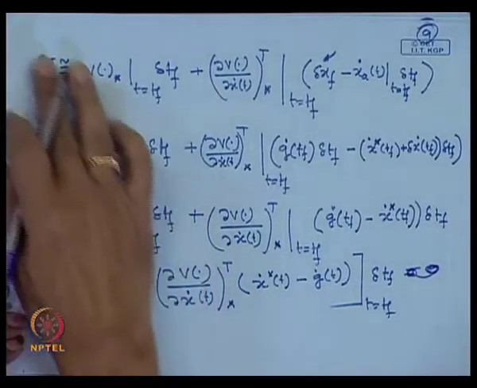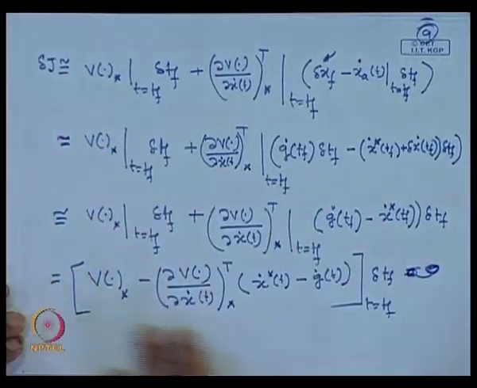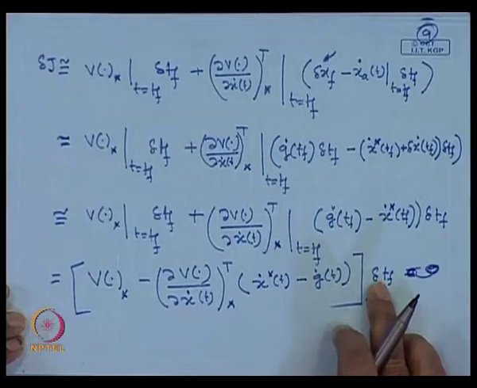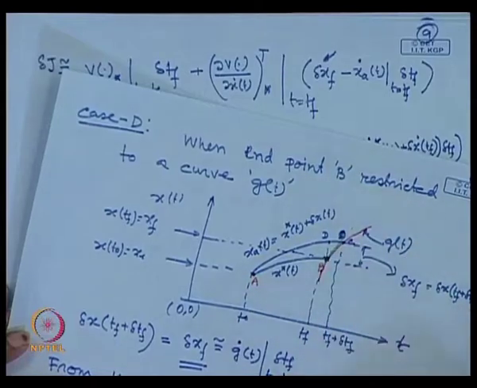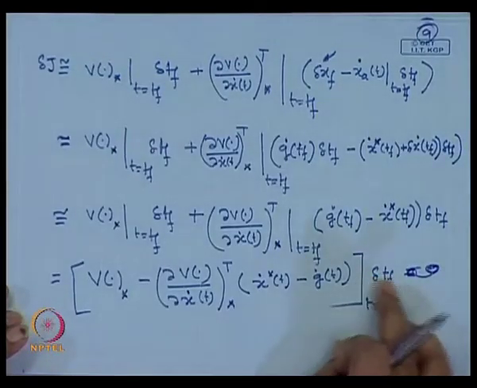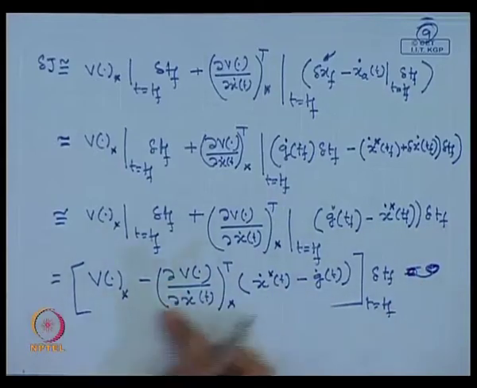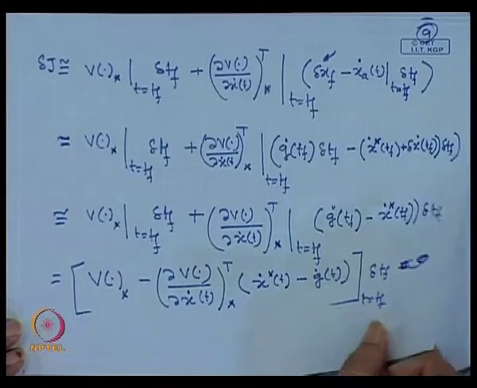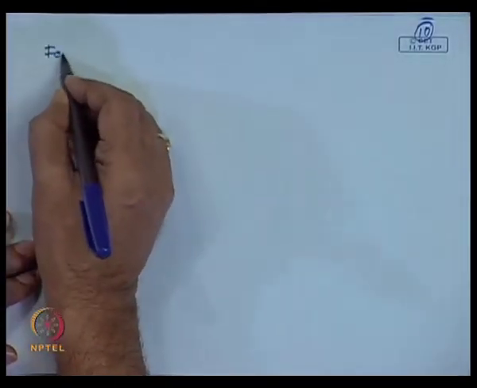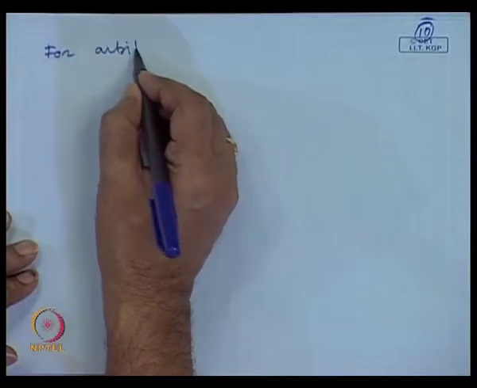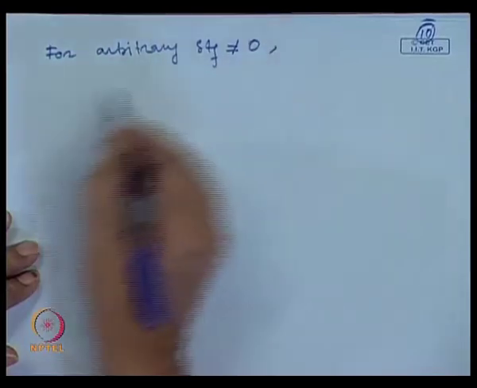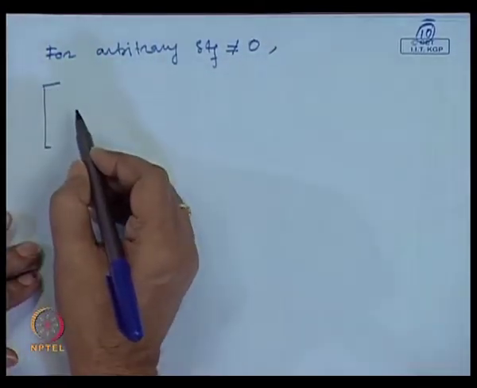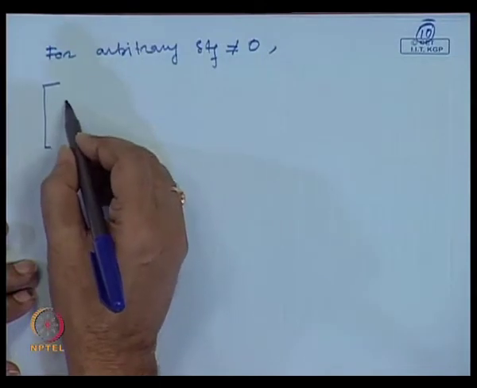is equal to 0, this one. So, in order to make this 0, delta T f, you see in this case, delta T f is free, agree. So, this is not equal to 0, so the other factor must be 0. So, our condition for arbitrary delta T f not equal to 0, the transversality condition, boils down to this way,